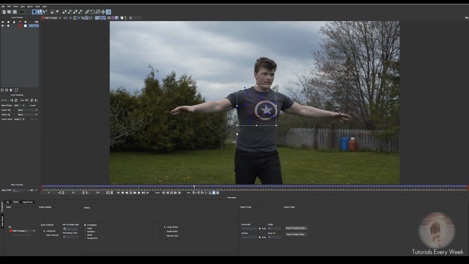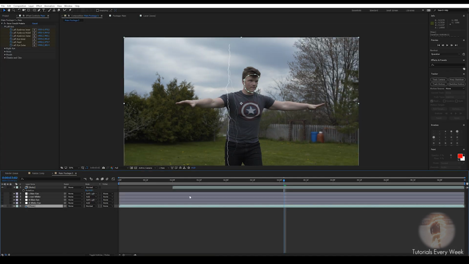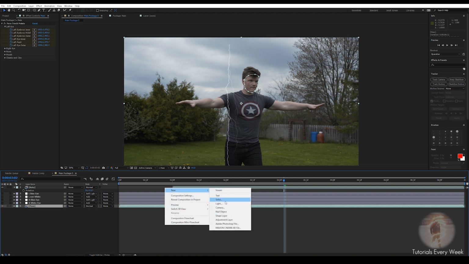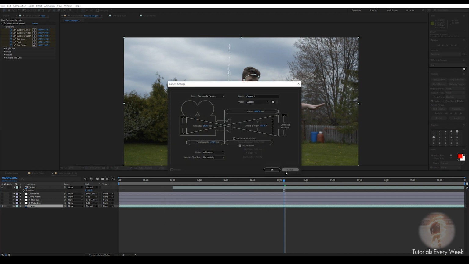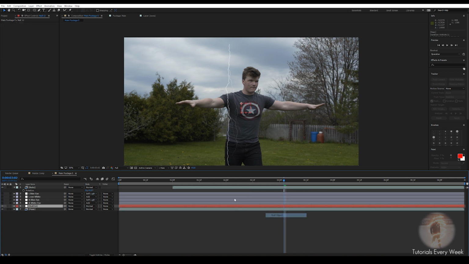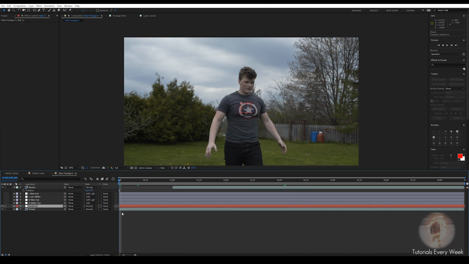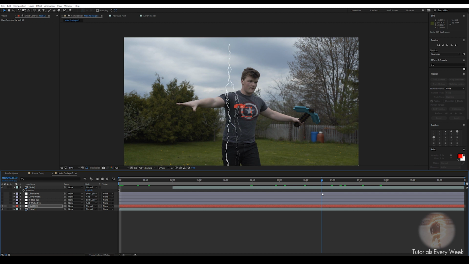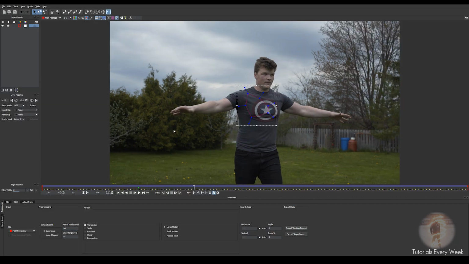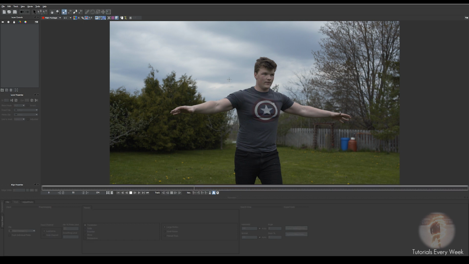So copy to clipboard, back to After Effects, right click, new. Oh, not camera. Right click, new, null. In this null, we want to go to the beginning, and then press Control V. And now we'll have this track data on our body here. So you want to do this a few times. You can do them anywhere you want. So right click, spline, delete, go to the pen tool, and then